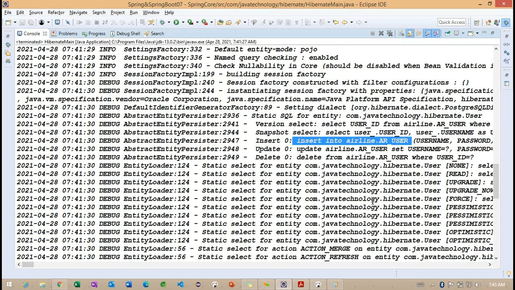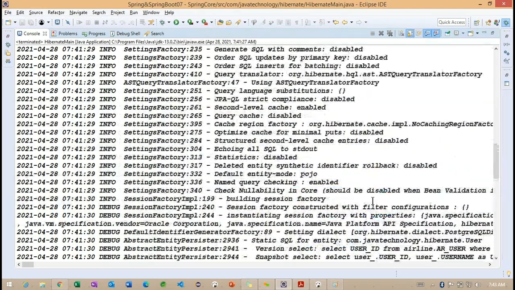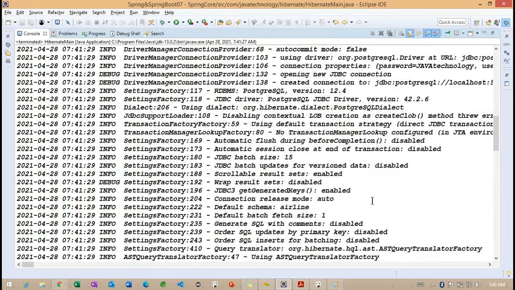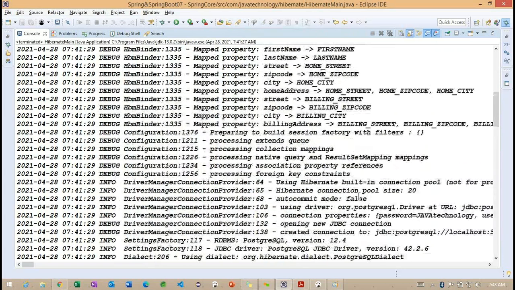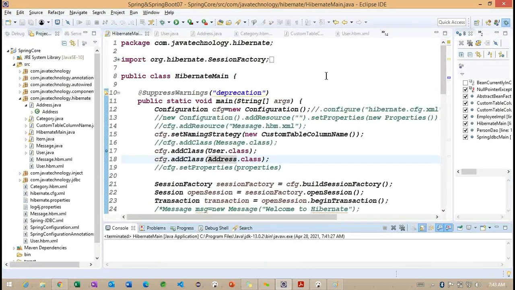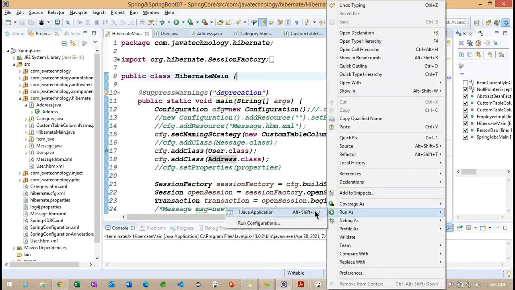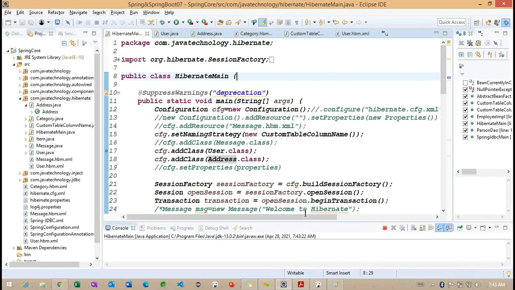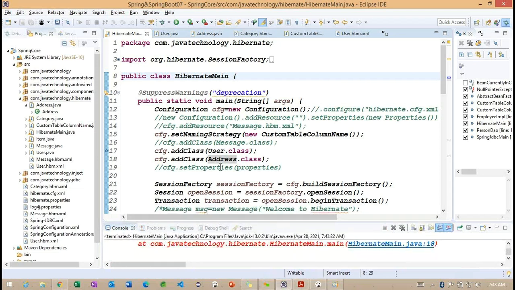You can see insert into AR user. While inserting this particular user information, we are getting an error here, saying the mapping information is not found. So we need to understand this particular debug information so that we have more information.